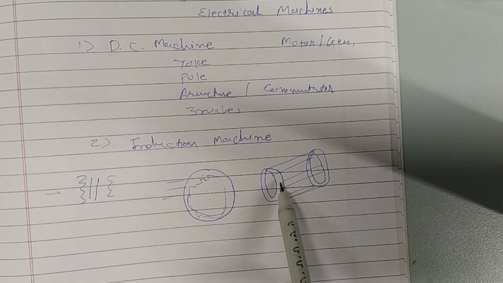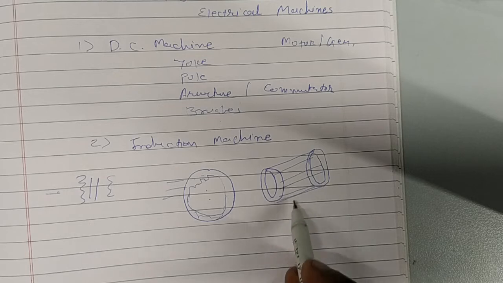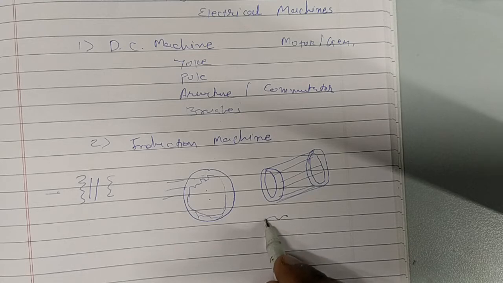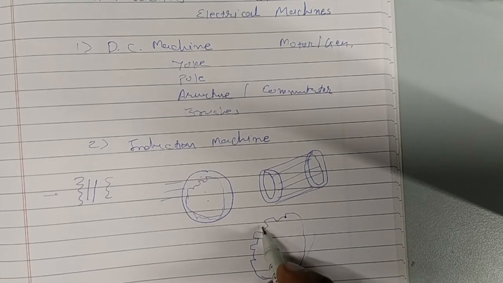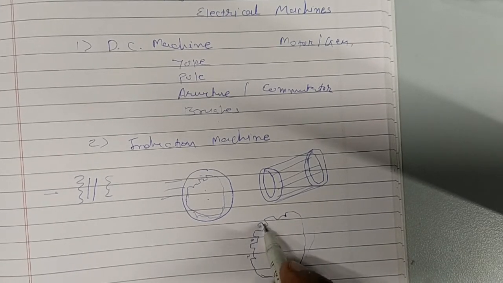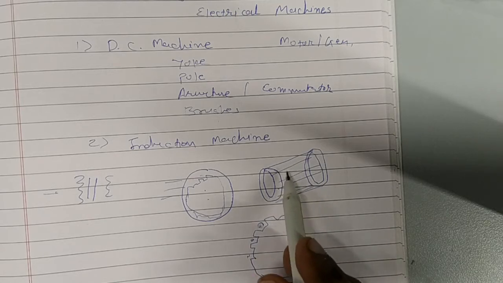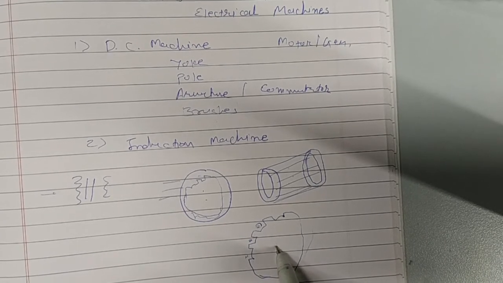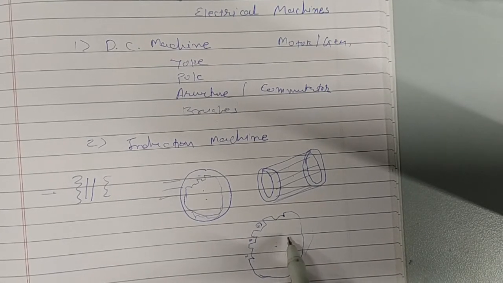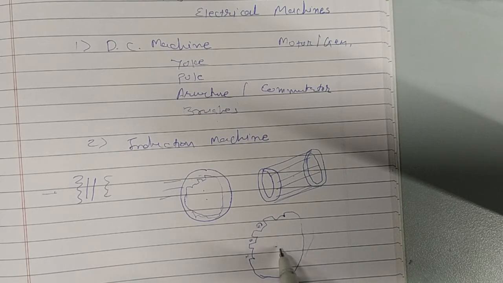We do have one rotor core also. So this is about the rotor winding only. Otherwise, if we talk about the rotor core, it will also be a slot and tooth type of structure like this, throughout the periphery like this, and you can see the slots over here. Inside this slot we have to provide these short circuited heavy copper bars. And this can be a laminated structure also, to reduce the iron losses.